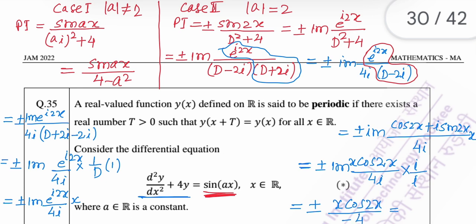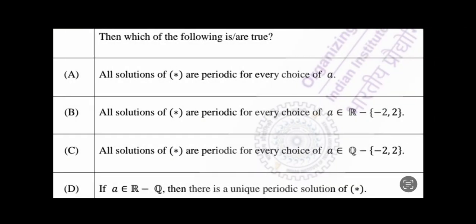Okay, and this will be minus plus x cos 2x by 4. Okay, so whatever I have written on the screen, I can write now the whole thing in a clear way, and that is our solution. That solution is y(x) equals a cos 2x